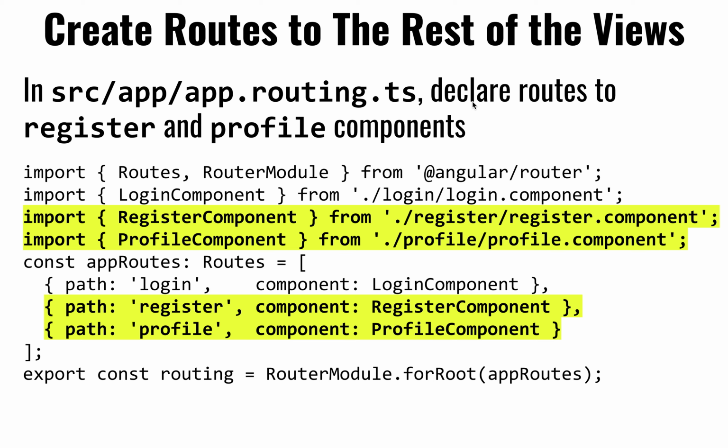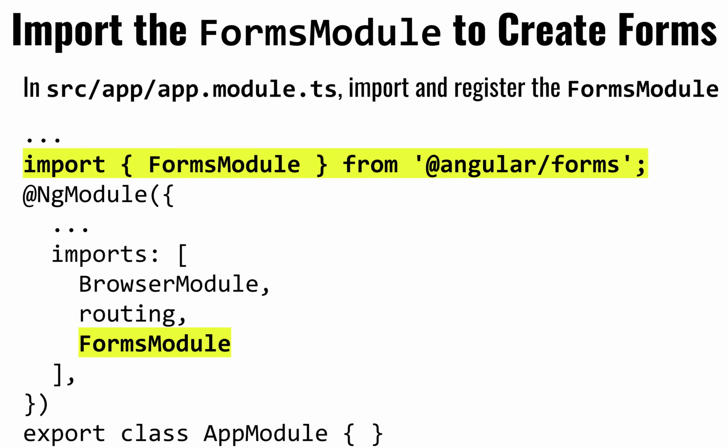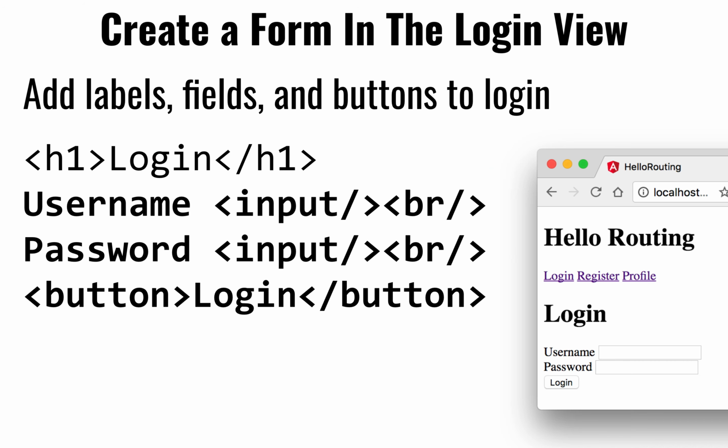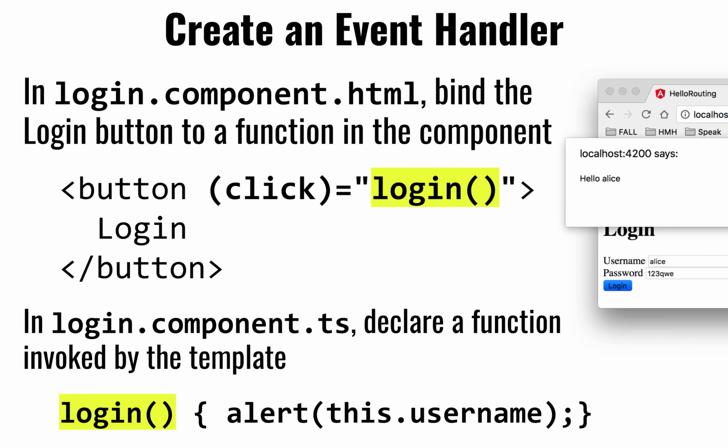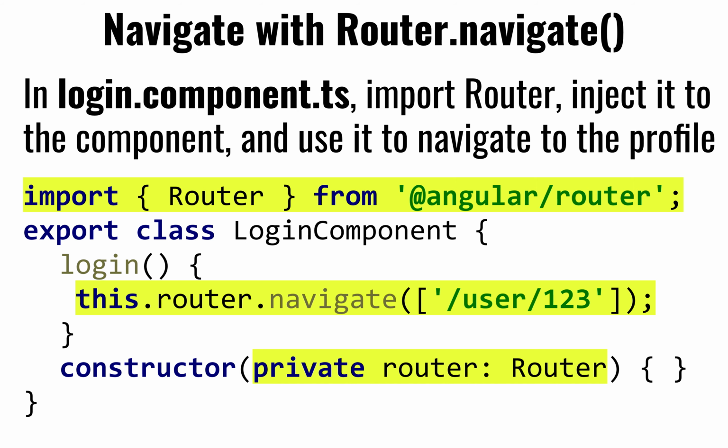Implement programmatic navigation by clicking a button and then deciding to navigate to the next component. To do that, the first thing we need to be able to do is bind the login button or the registration button. We have to tie it to some executable function that we can run. And from within that